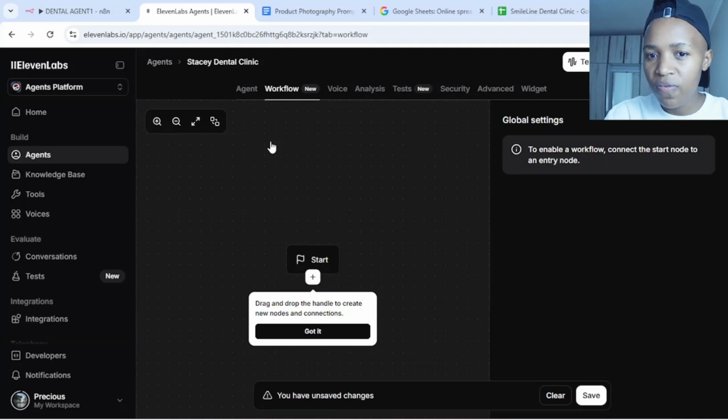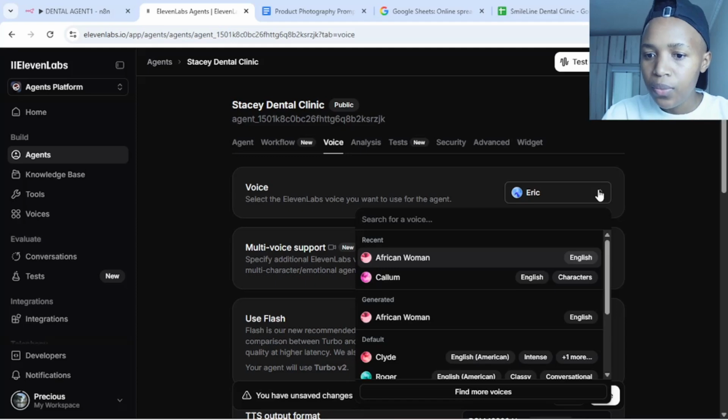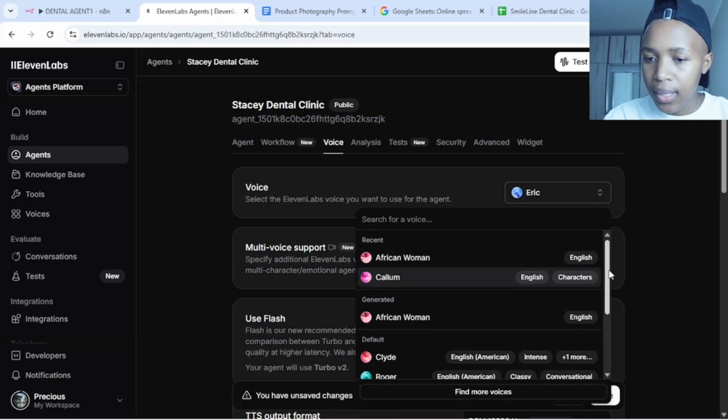This is like a copy of n8n, where you create a workflow for this AI agent, but we will be using n8n because there are a lot of things that are there that are not here in this platform. So we just want one voice AI agent, and then here's the voice. Here you select a voice that you want to use for this AI agent. I created this one, an African woman, because I wanted to hear the sound. How does it sound? This person sounded more like a Nigerian, or Ghanaian or whatever, but the accent, and then you can choose the